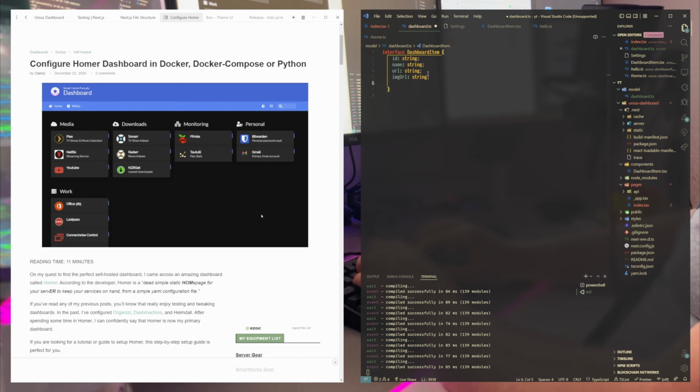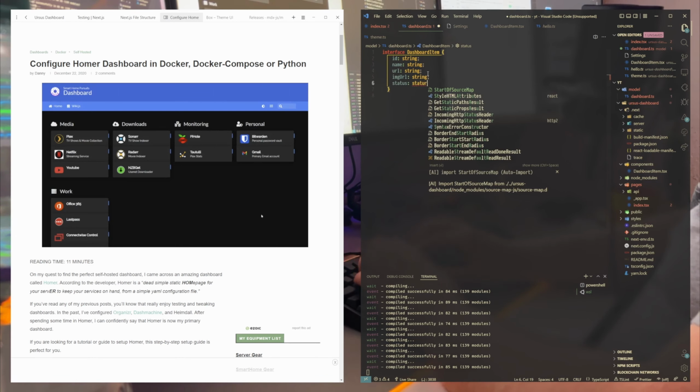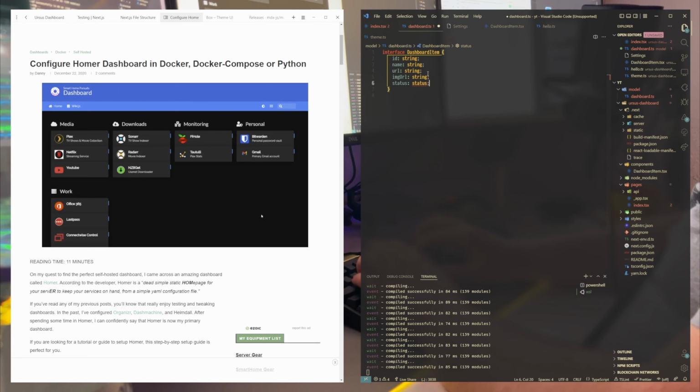Then we have status for sure. For now this can be a string, but actually I want to have a dashboard item status, which is like,